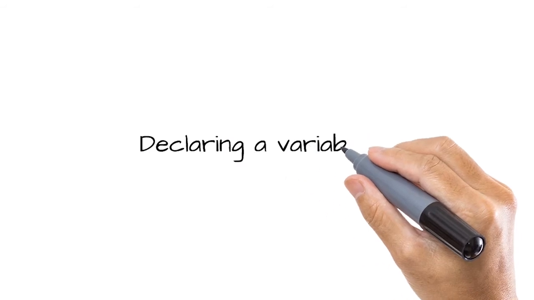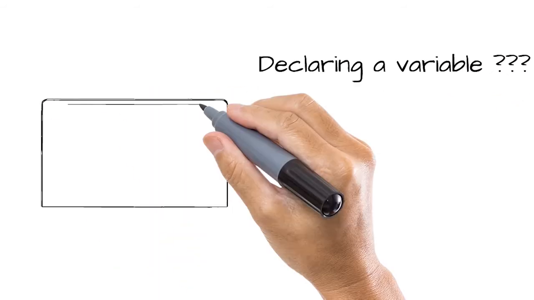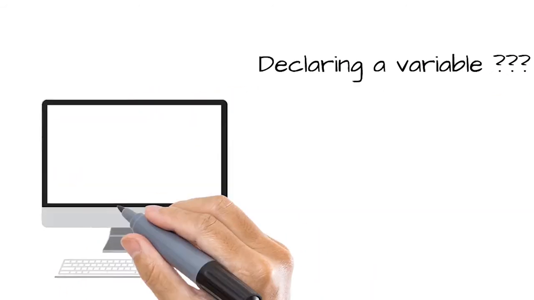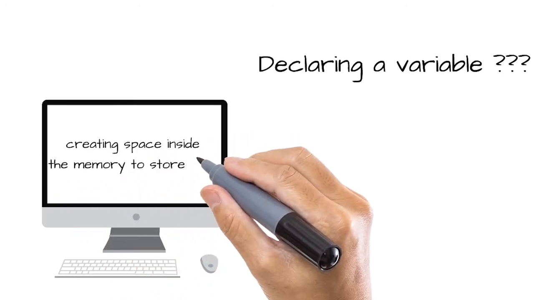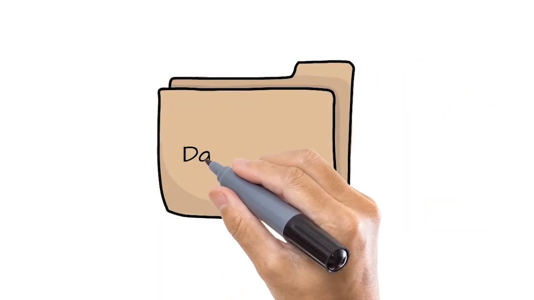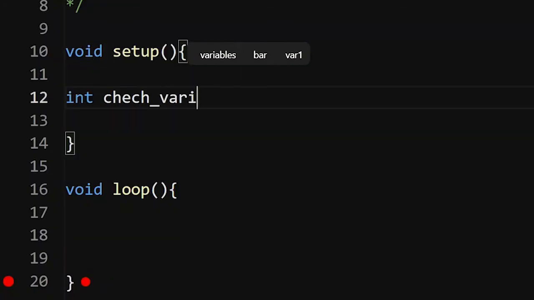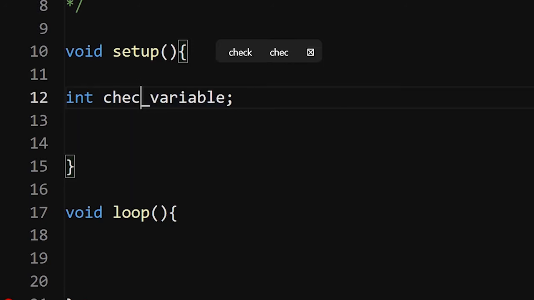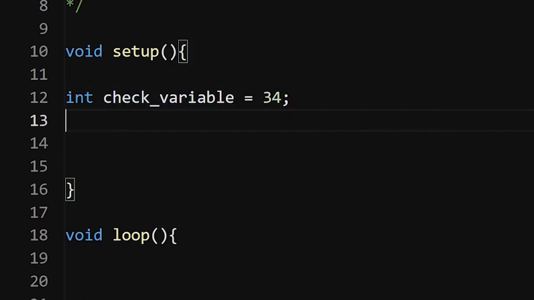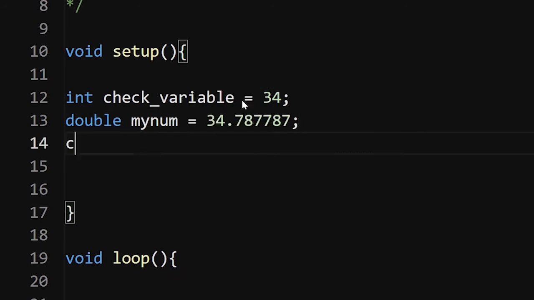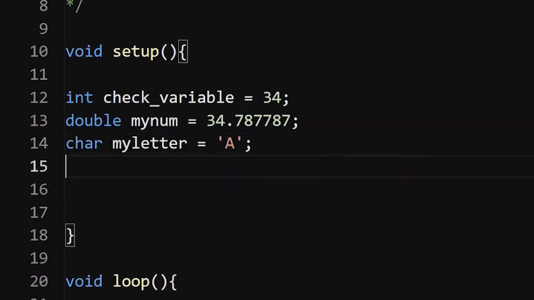Now declaring a variable means we are telling the computer that we need some amount of space from the memory for a given name so that we can store data in it. But the computer doesn't really know how much space it should allot and what type of data you are actually storing. There comes the concept of data types. So whenever we want some space from the memory, we need to create variables with reference to data types. What data types do is explicitly tell the computer that this is the type of data that we have and we need this amount of space, so that the computer can allot the required amount of space to us